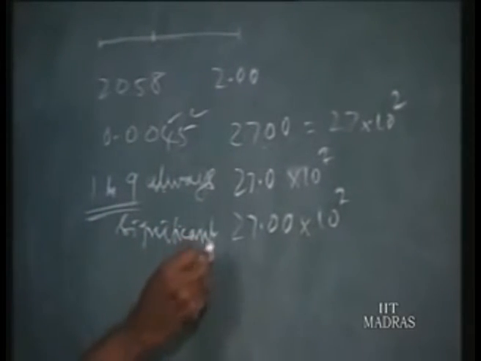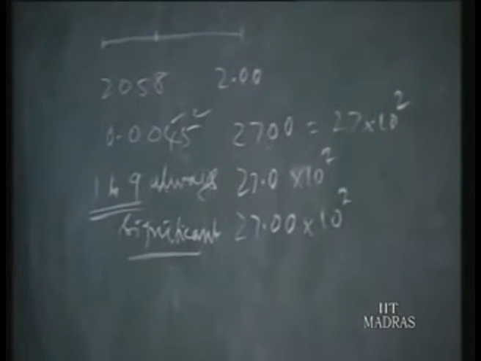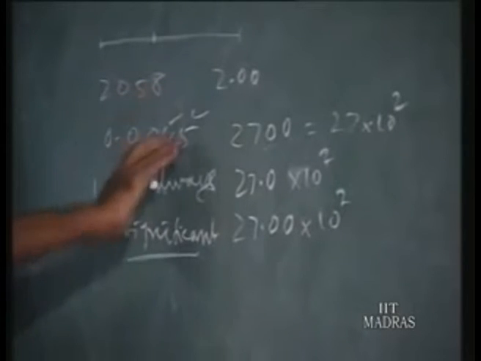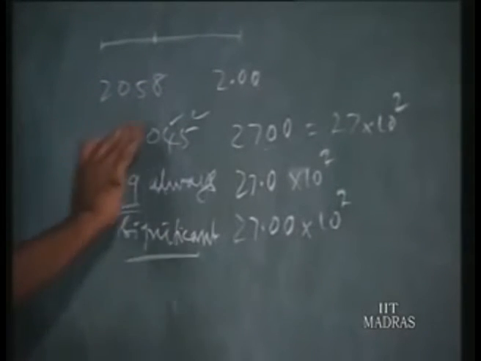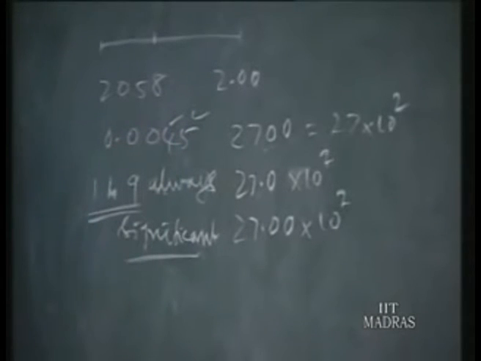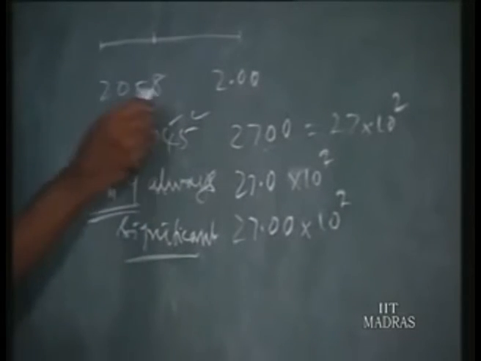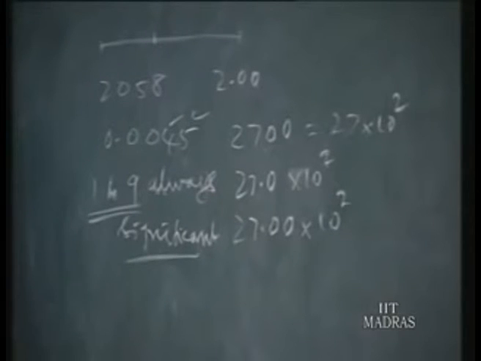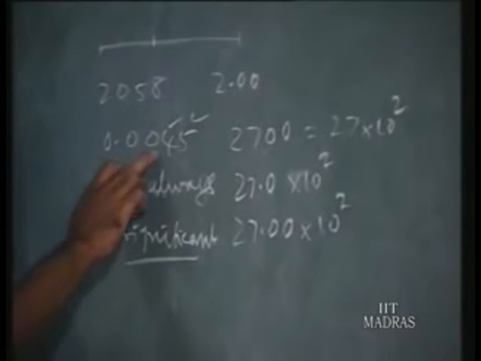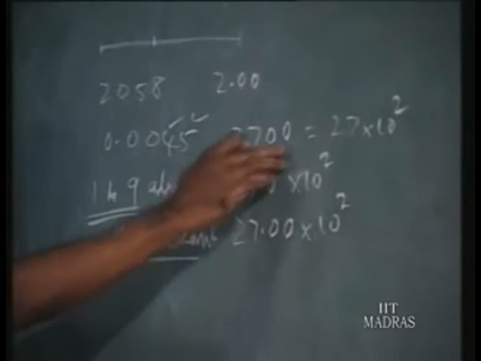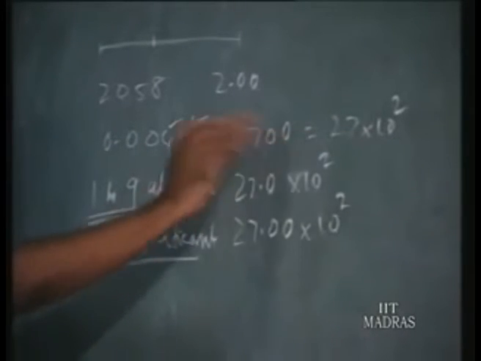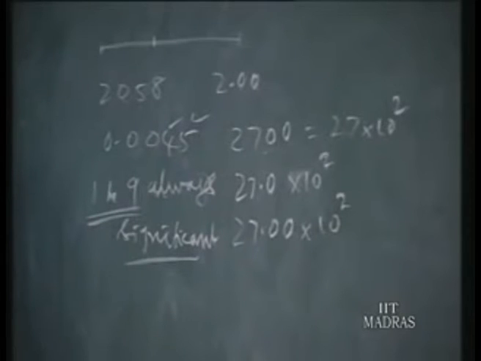This is the concept of significant numbers. 1 to 9 are always significant. 0 is sometimes significant, sometimes it's not significant. That you have to understand under different contexts. If it is entrapped within numbers, then it is significant. And if it is used only for fixing the decimal place, it's not significant. And a number like this, when it is written in a particular fashion, is sometimes significant, sometimes not significant. So that is the concept of significance.